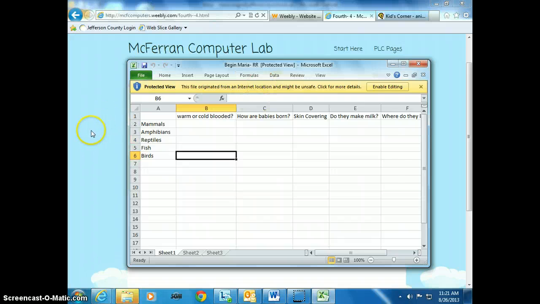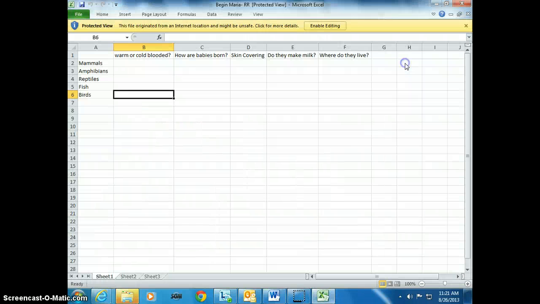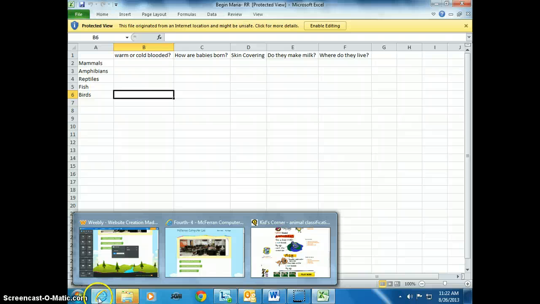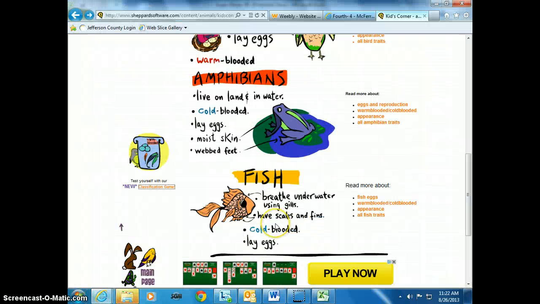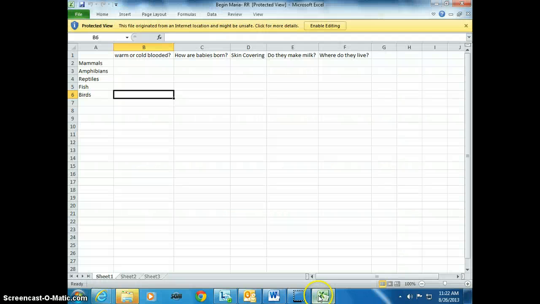And based on the information that you had, you're going to go back and forth between your research, which is up here. That gives me my research. To you're using Excel, which is this little X down here for Excel. So Excel is open. If I want to make it big, I can. And again, I can toggle back and forth between Excel and my E, which is my internet. Okay? So you're going to use all this research that you've been doing,